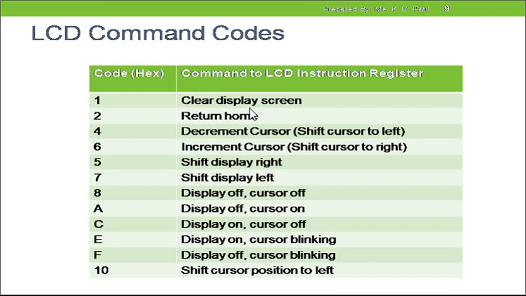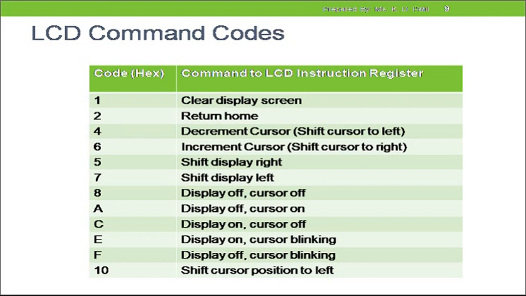It is necessary to clear the screen of the LCD before displaying our information, so that whatever information we want to display will be displayed properly and the previous contents will not be displayed. Then we will require another important command, hexadecimal code 0E, because we want the cursor to be on and the display to be on when we want to display some content on the LCD.